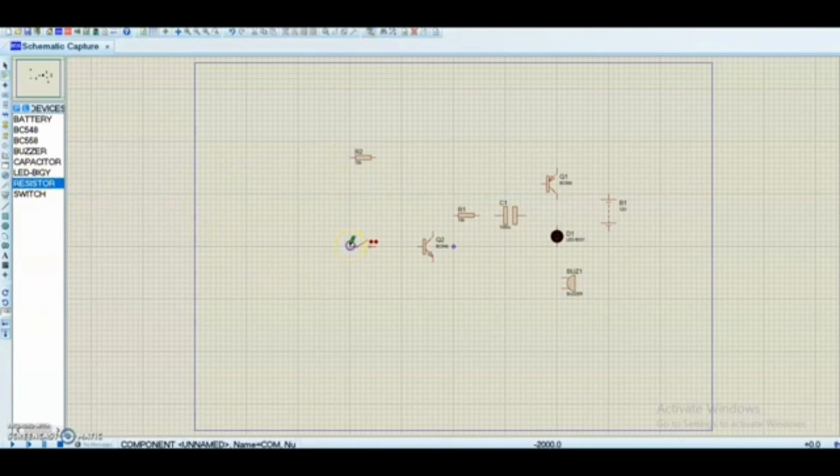So we can start to connect all the components by just dragging the cursor onto the components. So we connect all the components. Transistor 2 is connected to the battery.